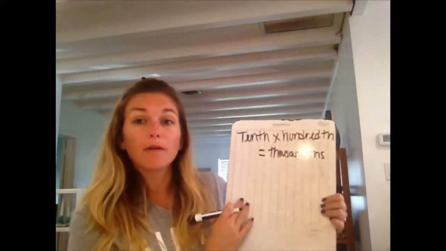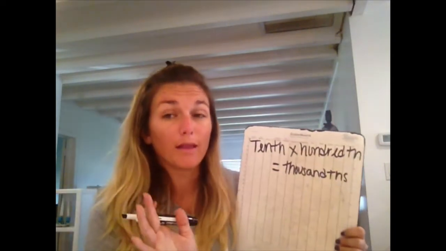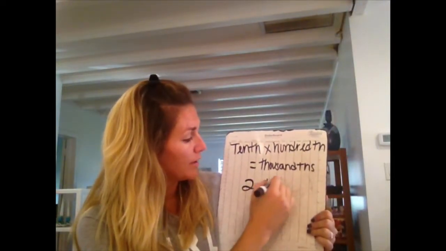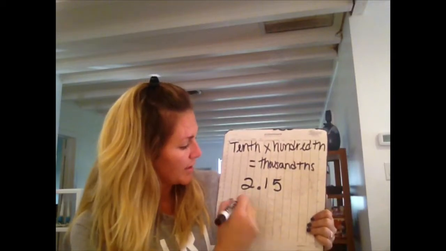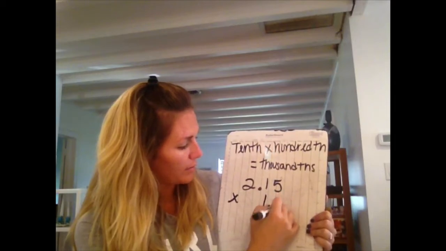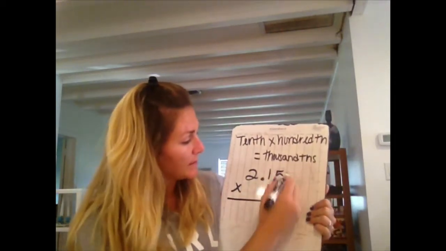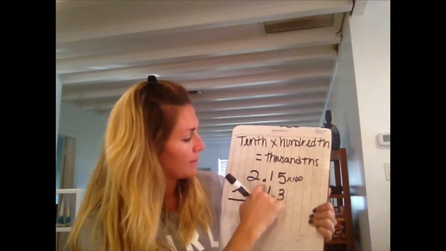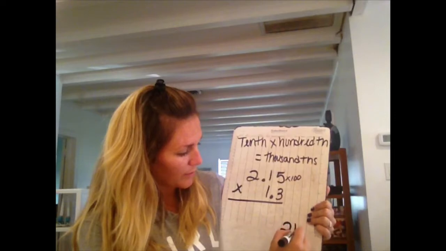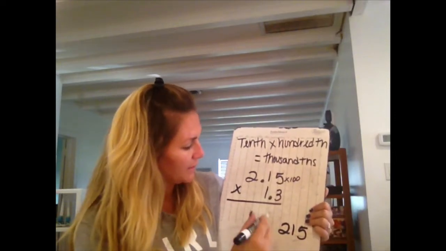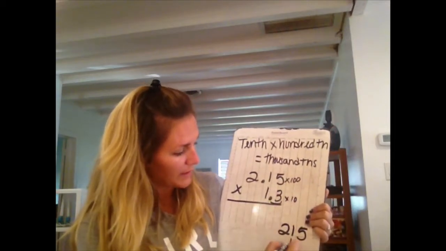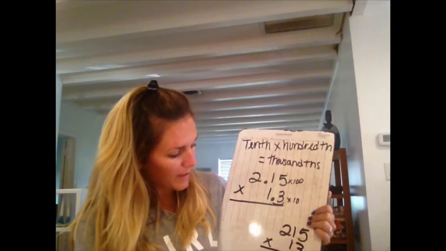So let's try one. So I know I'm not lying to you. I have 2 and 15 hundredths times 1 and 3/10, okay? So in this case, I would multiply this one by 100 because I want to move that decimal 2 places. And I'm left with, I'll work down here so I have more room, 115. And then over here I have just by 10 because I'm only going to move it 1 place, and that's 13. Then when I solve it,